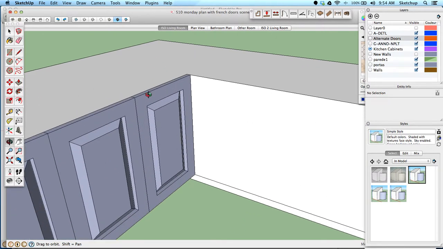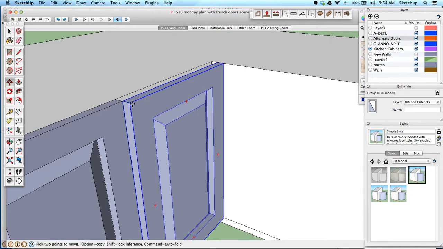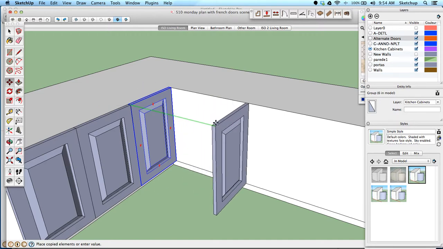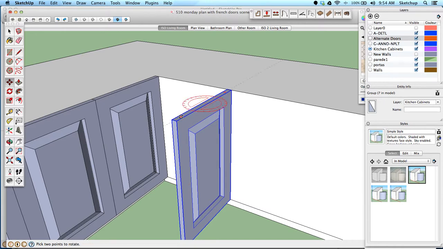Again, you could copy these. If I wanted to copy one of these over, I'm going to copy it and remember the option key, move it out. I don't see that green. There's a green axis. I'm moving it into the cabinets to grab the green axis, hold the shift key, and then move it back out. If I hover over the top, I can see